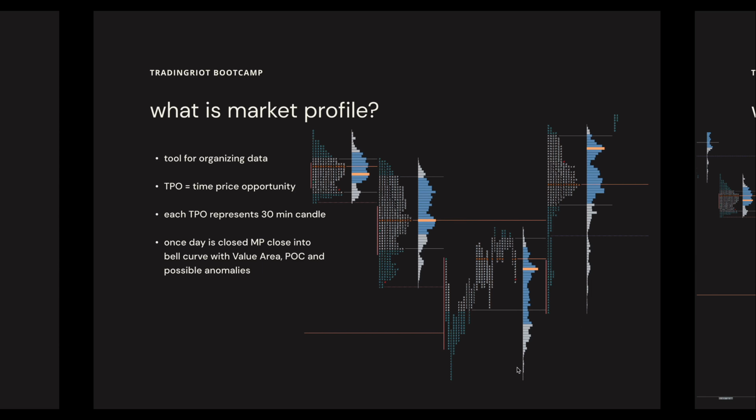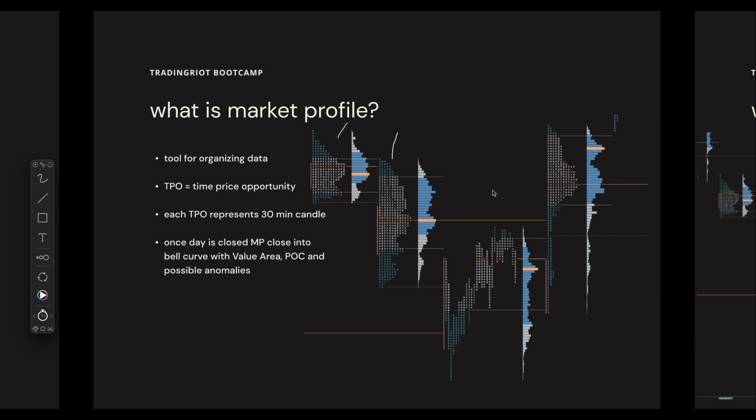The TPO means time price opportunity, which is what each of these lines of letters is called, and each TPO is representing a 30-minute candle. Once the day is closed, market profile closes into the bell curve with a value area, point of control, and possible anomalies. So if we take a look here, we have 4